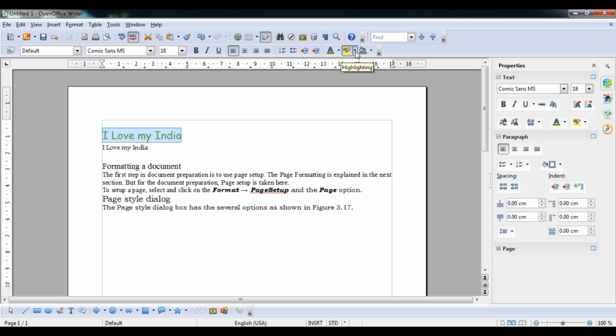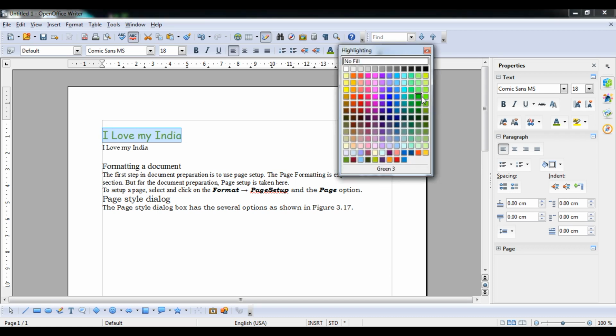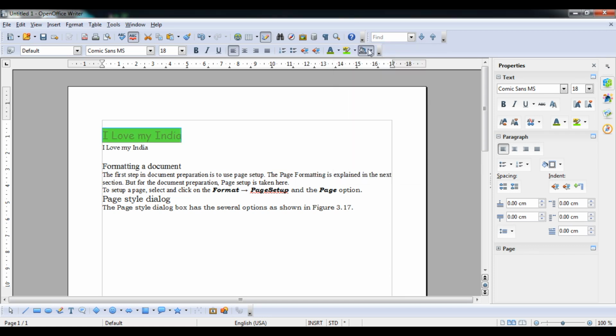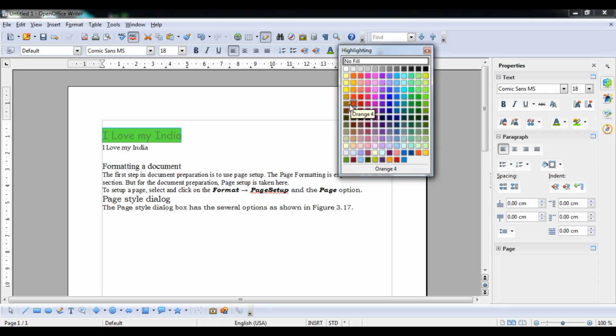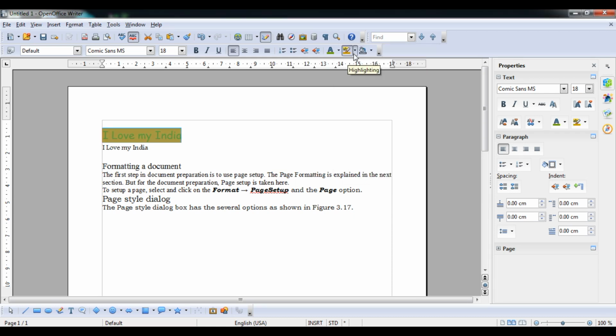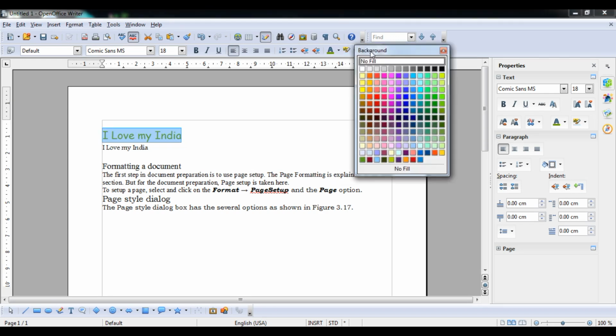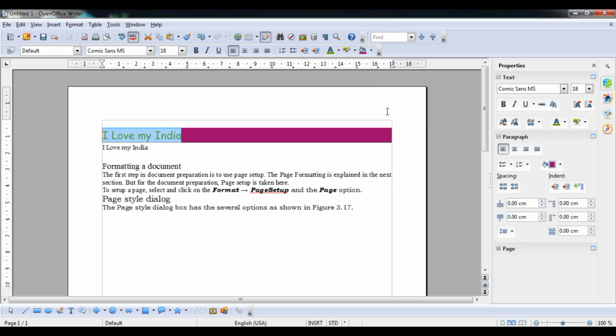So you can see that this one is termed as highlighter. It is not background, actually it is highlighter. Suppose that you are reading in a book, so if any content is important, you can definitely highlight that. Okay student, and now it is background color. Whatever I write here, you can see the background color will be more because I have used highlighter.